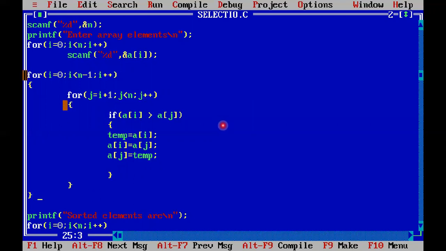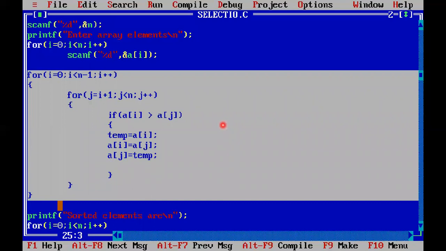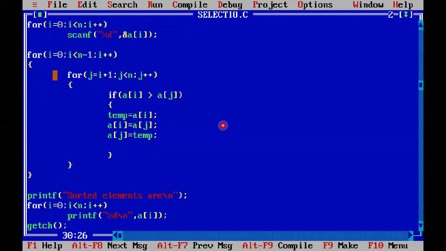Now these two for loops denote our algorithm, meaning the process of selection sort. Okay. Now after that, print the array, which is my output statement. So I write printf sorted elements are, then a for loop, and then printf.